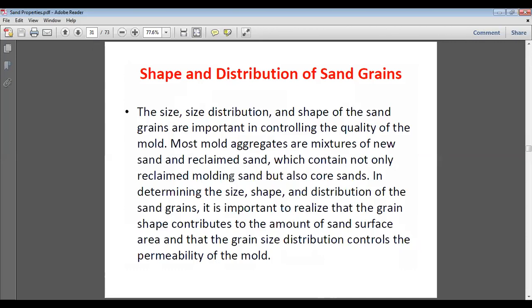So this was the basic aspect and basic features of sand. I hope you have got all the clarity about molding sands. And if you have any questions or queries, you may get in touch with me on phone. My phone is always on, and the number is 9069 360 400.